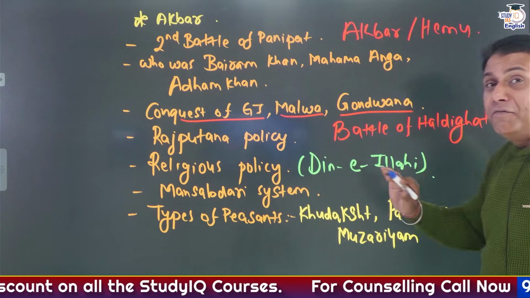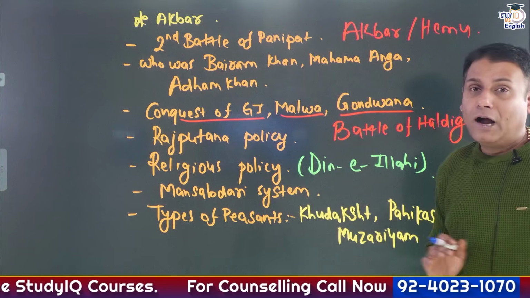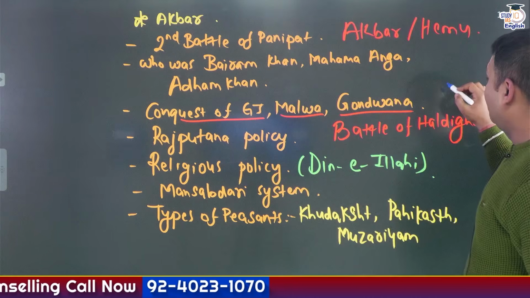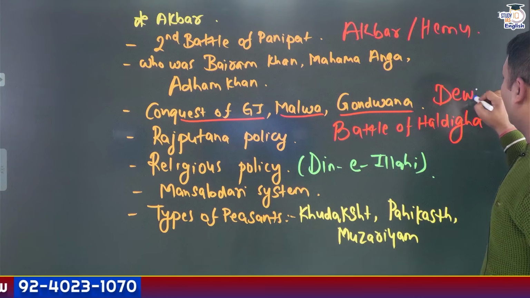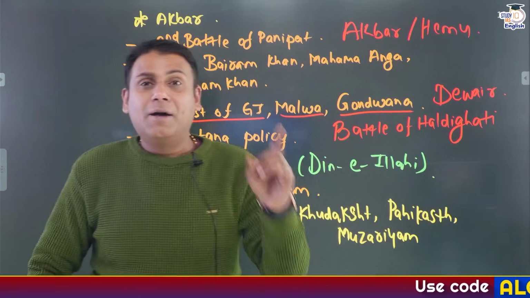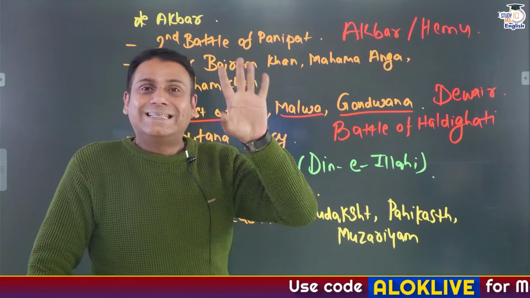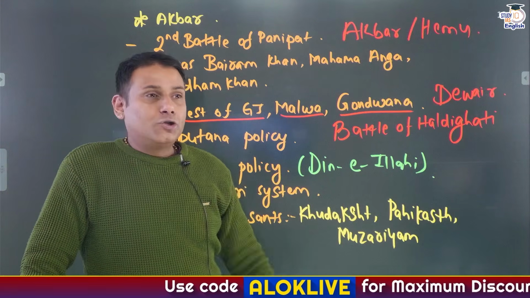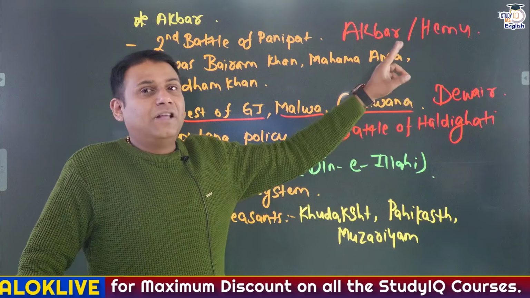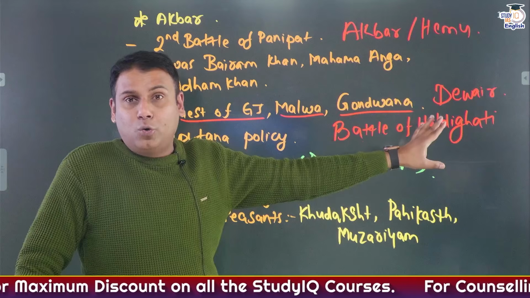That was fought in 1576 between the forces of Akbar and Maharana Pratap Ji. And another one is the Battle of Dever, which was fought between the forces of Akbar again and Maharana Pratap Ji and his son Amar Singh Ji. So, Battle of Haldi Ghati 1576, go through it. Battle of Dever 1582, go through it.